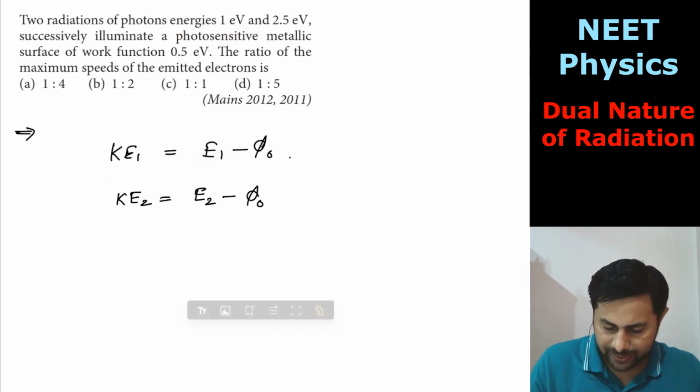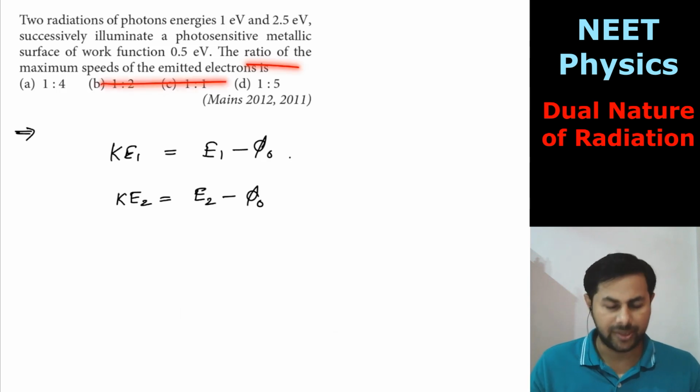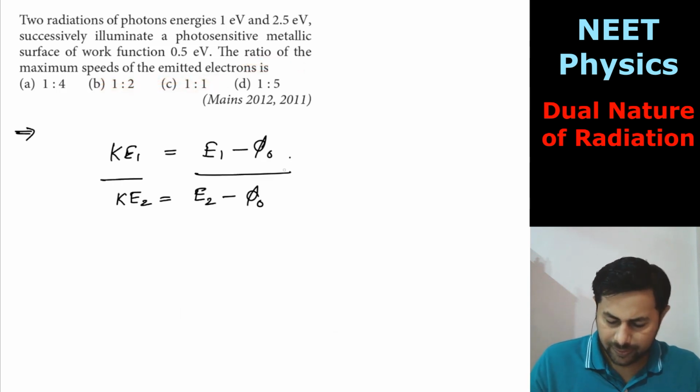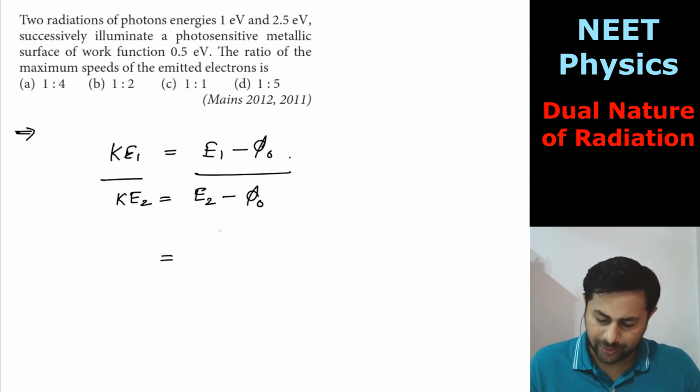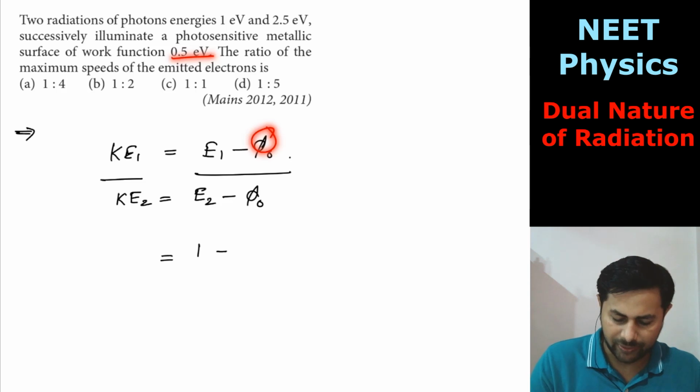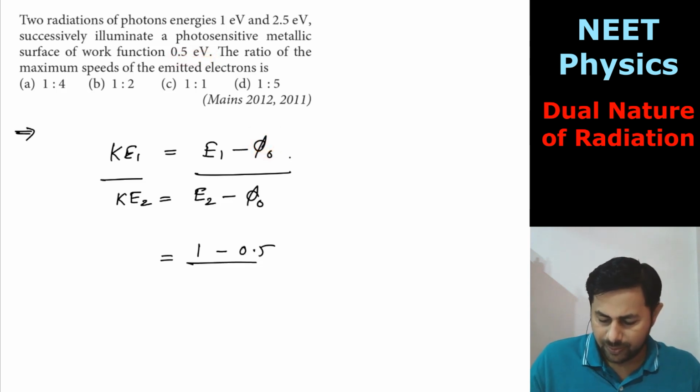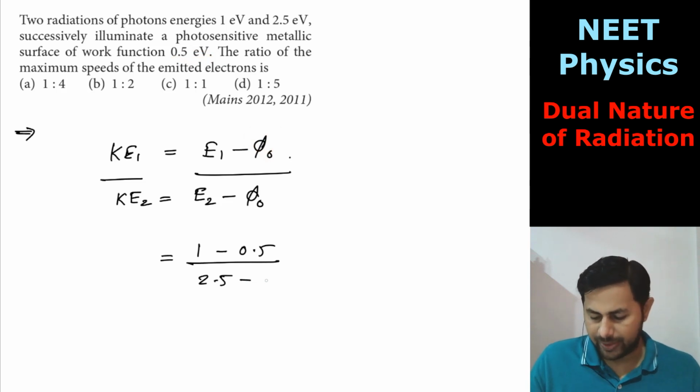Just divide first with second because you want the ratio of maximum speeds, right? So that is equal to what? E1 minus phi naught divided by E2 minus phi naught. So E1 is 1 electron volt, minus phi naught, which is 0.5 electron volt, and E2 is 2.5 electron volts, and again phi naught is 0.5 electron volts, and kinetic energy is proportional to,